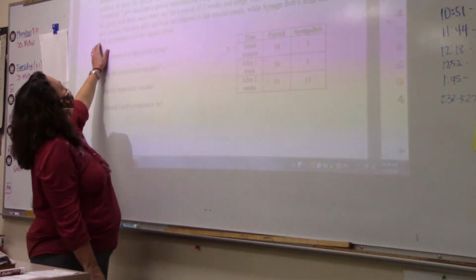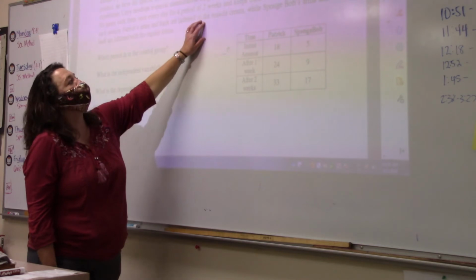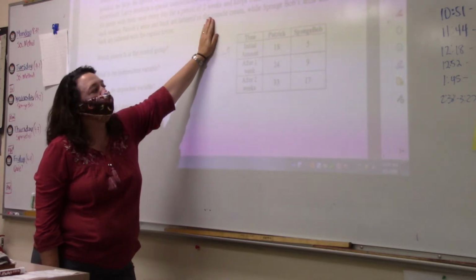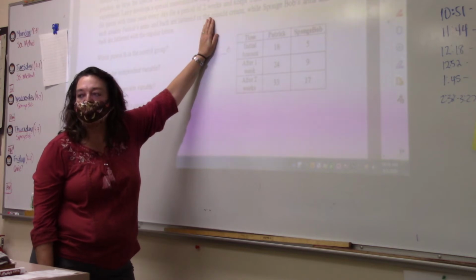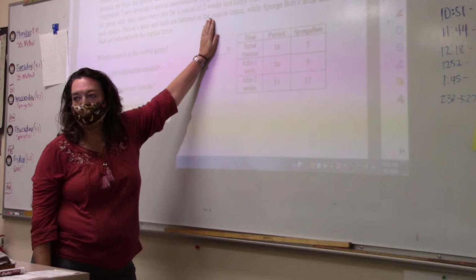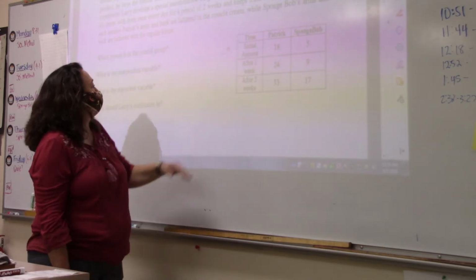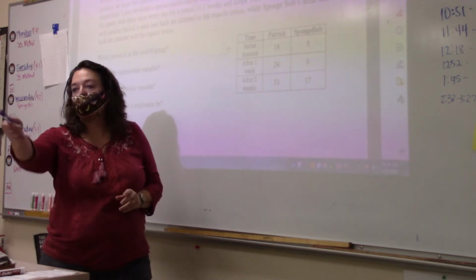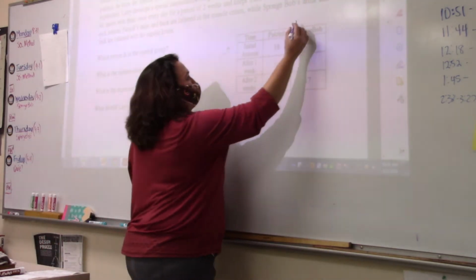Patrick's arms and legs are covered with the muscle cream. SpongeBob's are covered with lotion. They both think they're getting the muscle cream. Which one is the control? SpongeBob. So write that on here.